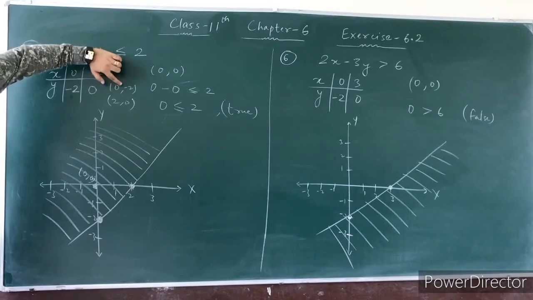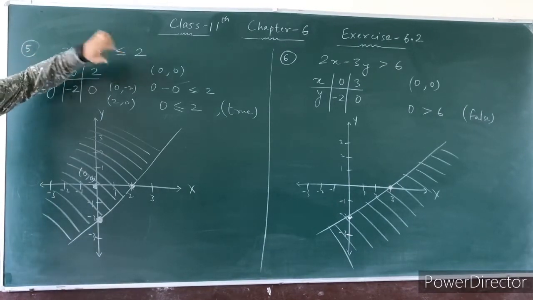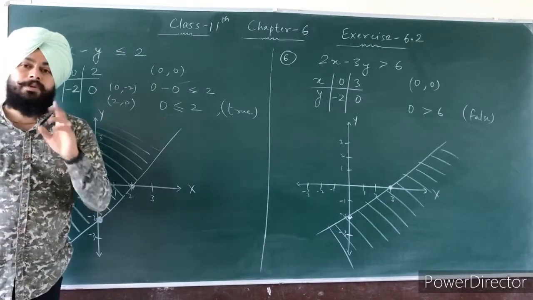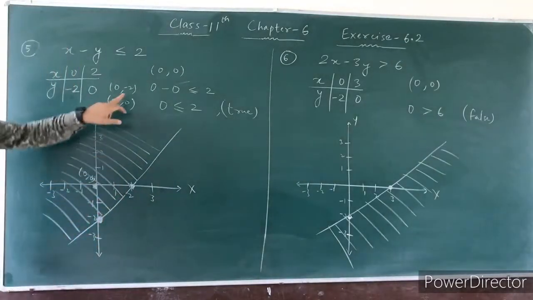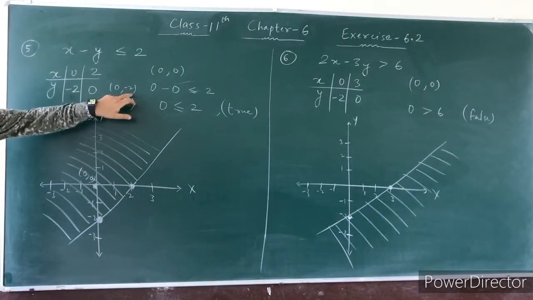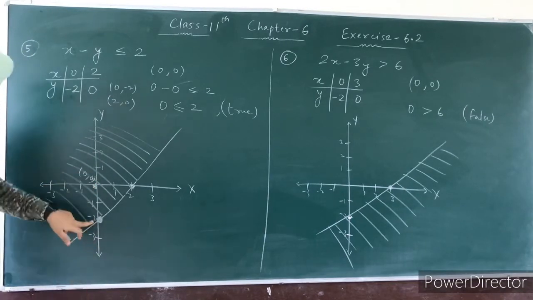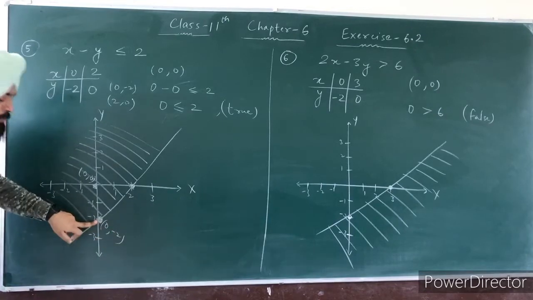The first point is (0, minus 2). It means the value of x is 0 and the value of y is minus 2. So the value of x is 0 on which axis? Always the y axis. हमेशा y axis के ऊपर x की value 0 होगी. And the value of y is minus 2, so minus 2 lies below the region. मतलब region के नीचे lie करेगा. So you can check here, the point is (0, minus 2).